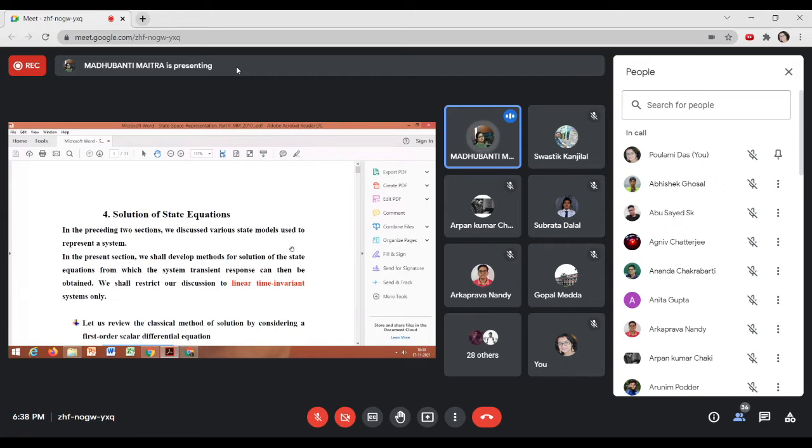Can you see the material? Yes, ma'am. So if you consider this lecture material to be the continuation of the previous one, then the number of the subsection should be 5. Okay, but I couldn't find the doc file. That's why I couldn't change it. Anyway,